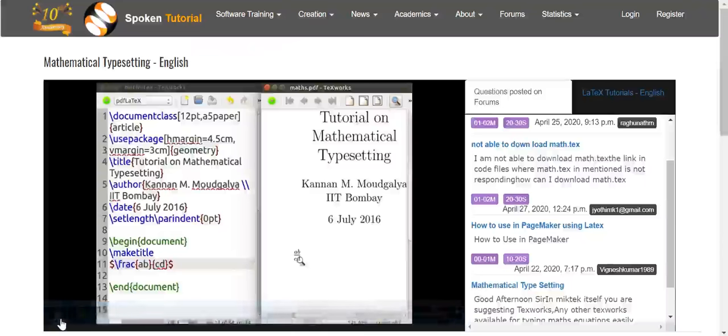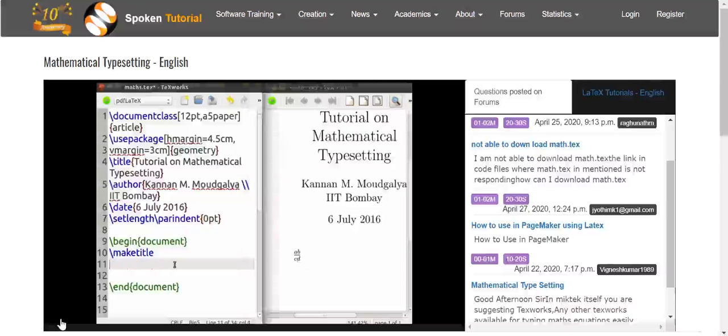All the entries within the braces are taken as a single argument. As a result, one can enter any complicated expression within braces. Let us delete all of these.